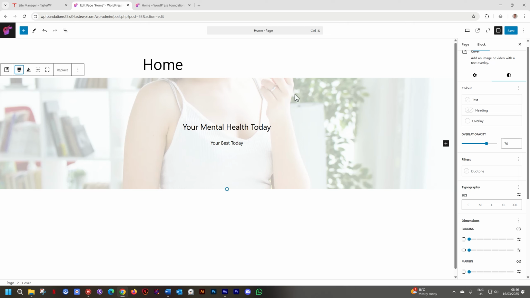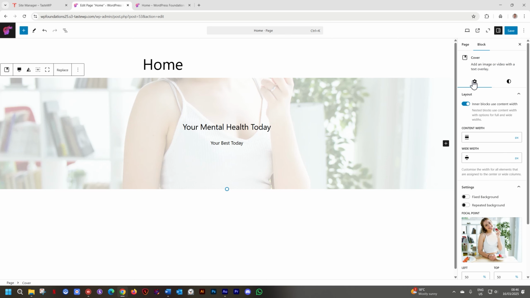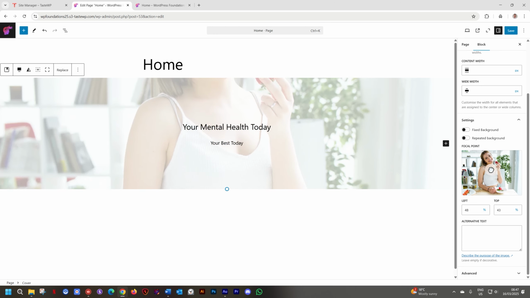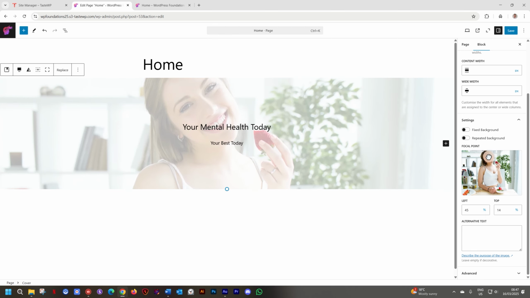Her face is gone now. Can we fix that? I think we can. Go to the settings on the right, choose settings, scroll down, and where you see the image, you will see here left 50%, top 50%. And this tells you where to focus. There's a circle actually in the middle. Currently, when this image loads in this container, it's going to focus on the center. Click and drag the circle and put it on her face. Now you can ensure that whenever this page loads, her beautiful smile and that yummy strawberry will appear in the image. That's what it's about.